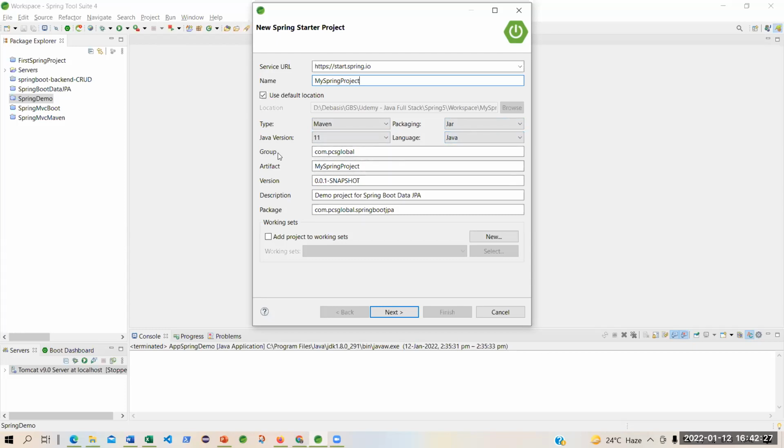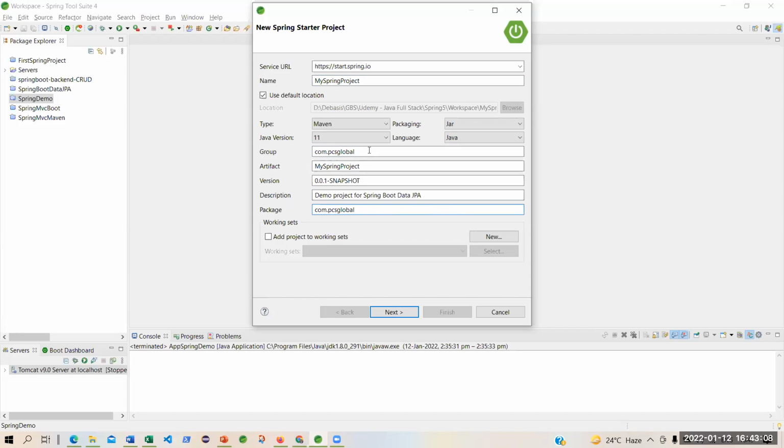And group ID is a particular thing which is also, you can say, it's a sort of a package. In core Java, that is called a package. In Spring, you call it a group ID. And I will keep the package name. The package name and the group name for the starting, I will keep the same. And package, in Java, is nothing but the folder structure under which you store your source files.